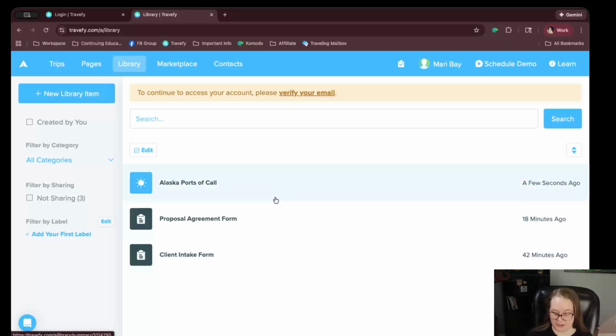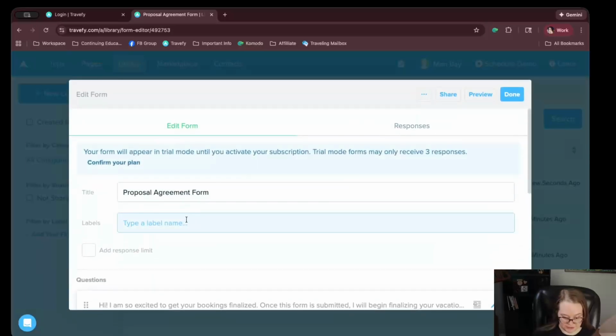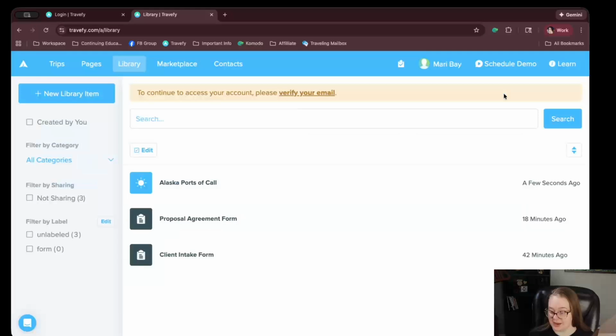Again, for your library, you have the option to label items. I do label all of mine to stay organized, and I recommend as you set up, label your stuff. Please, you are going to want to label your stuff. It is going to save you so much time in the long run. And when I say save you time, I have had travel advisors who have used Travefy for 5+ years, and